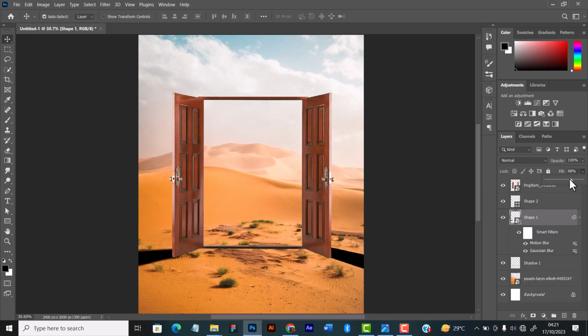Then let me see. I'll drop the opacity down a bit. Yeah, so you can see the way it is. I've dropped the opacity down. If I leave it full, it's too dark. So I'll drop the opacity down a bit. You can see how it is now. So I'll leave it at, let me just say, 65. Then I'll go to the second shadow, that's the second shape, and add